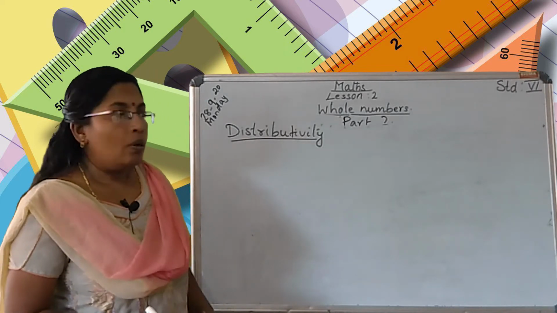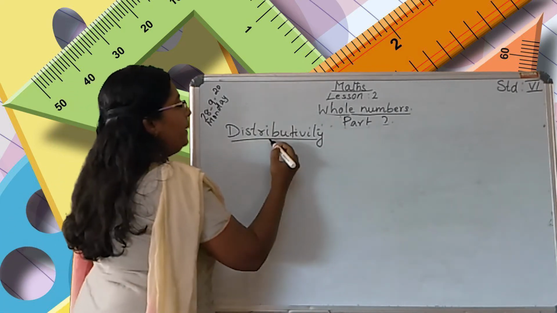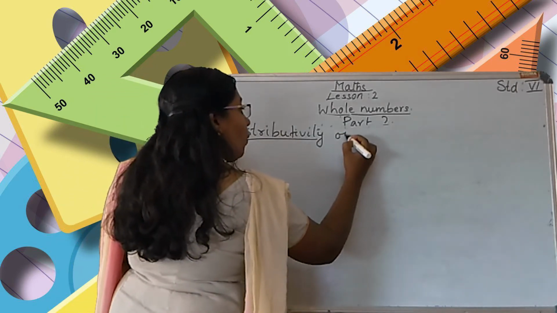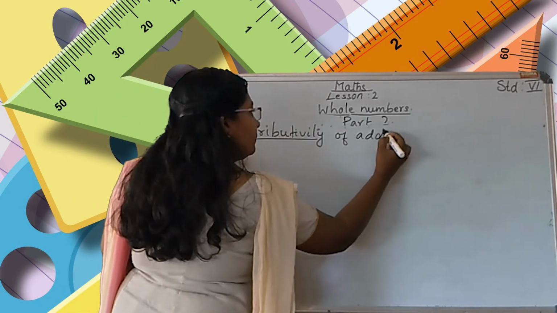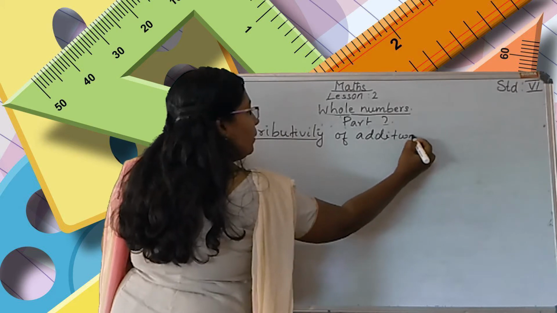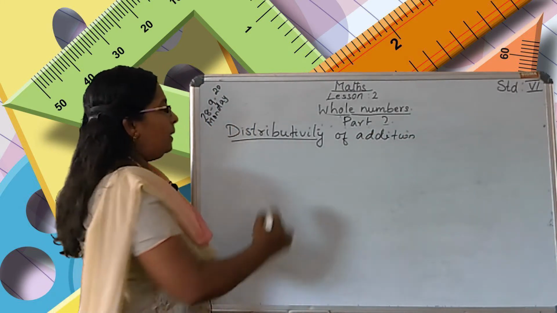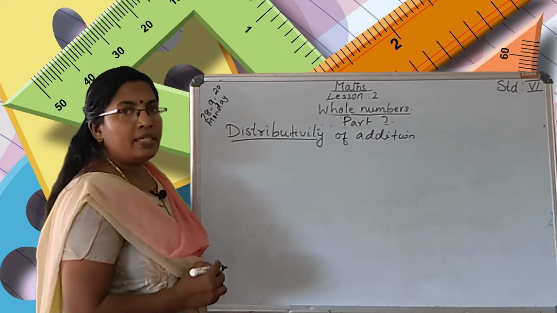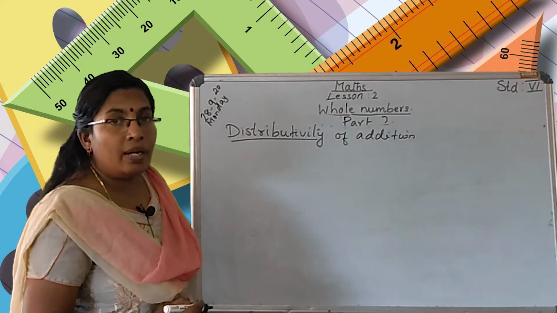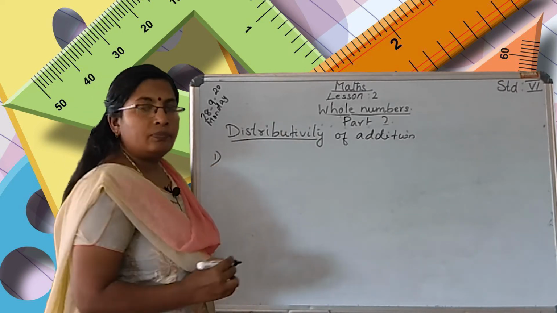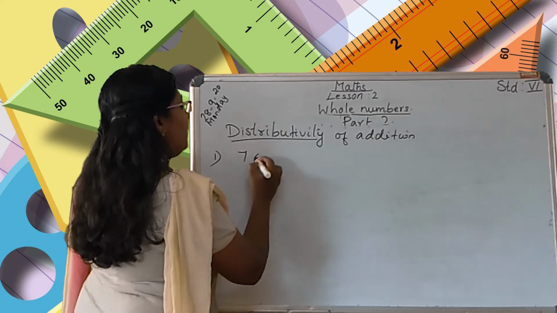Distributivity. Here two methods are there. One is distributivity of addition. Another one is distributivity of subtraction. First we can see the distributivity of addition. First question, 7 into,